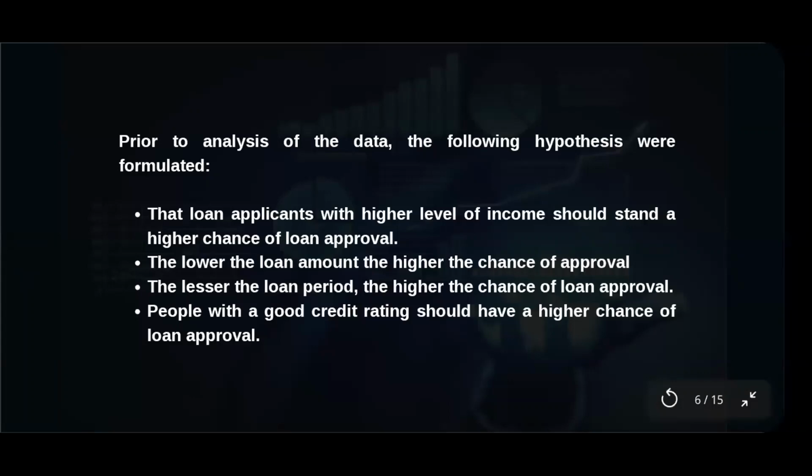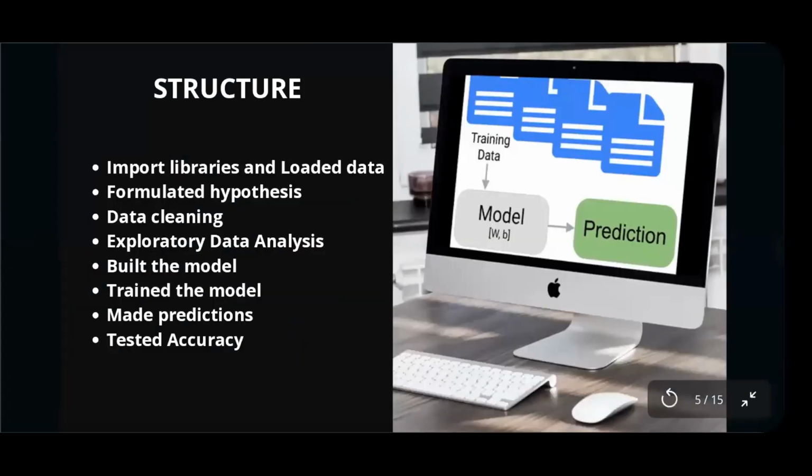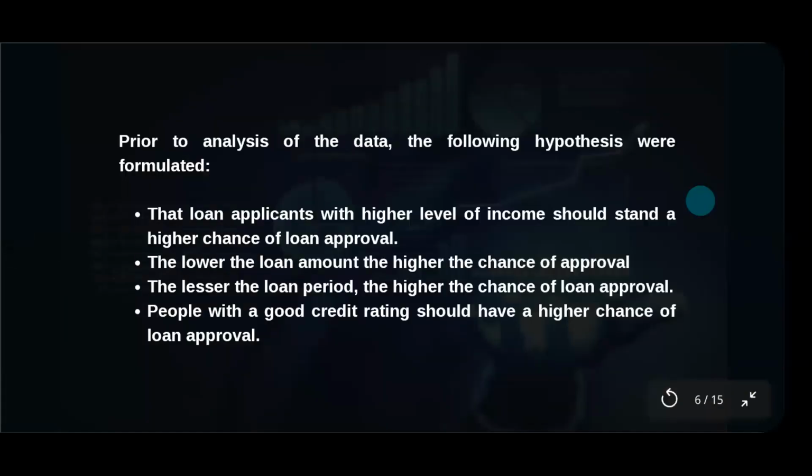Okay, so like I said, after importing and loading our data in, we made some hypotheses based on the look of the data. So the data had different features, and based on those features, we tried to predict that